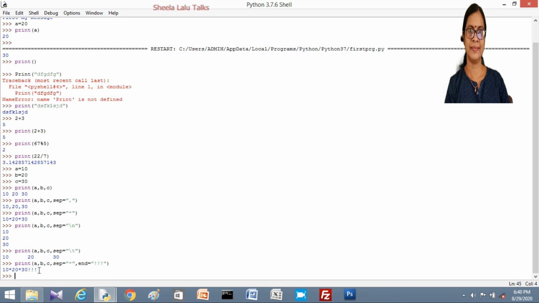Then what is the result? We can see that at the end of that line we get three exclamation marks. That is the purpose of the end argument. Therefore we get a total of three arguments in the print function. First argument is message or variable, comma. Then second argument is sep. Third argument is end.